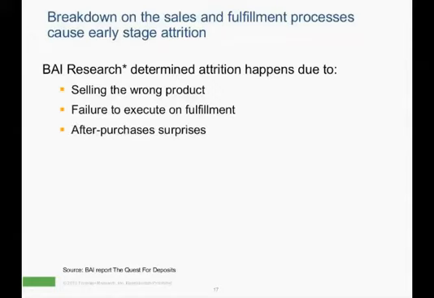After purchase surprises. And this gets back to a concept that Forrester talks a lot about, which is customer advocacy. Transparency. Do we let consumers know about everything that might happen? Fees that are involved with the account. If we don't disclose those up front and the user finds out about them after they've acquired the product, they very well might leave. That leads to attrition. So we need to think about not only our goals, but how we sell those products. That can impact as much around attrition as anything else.